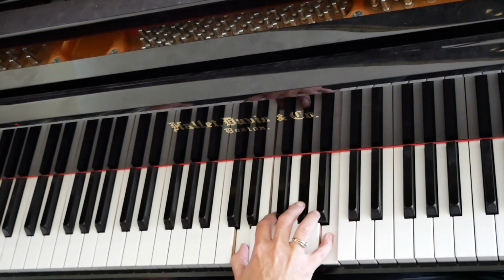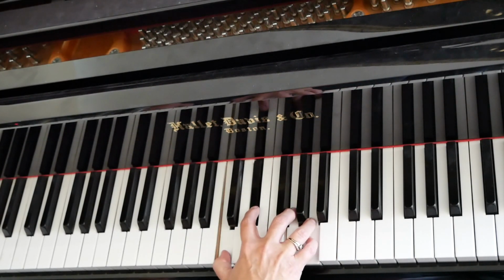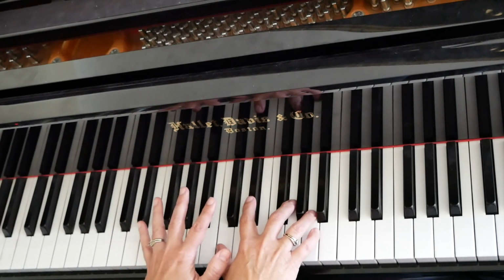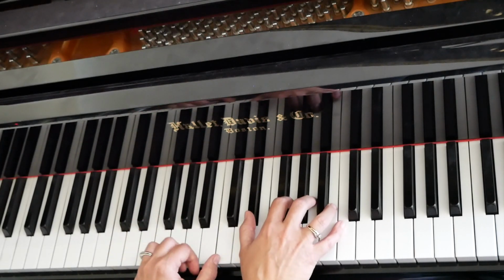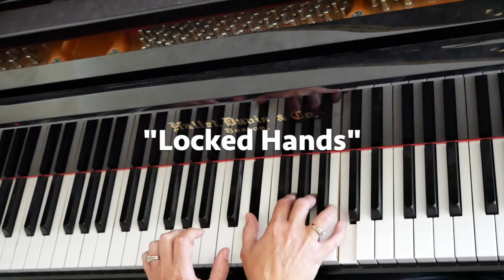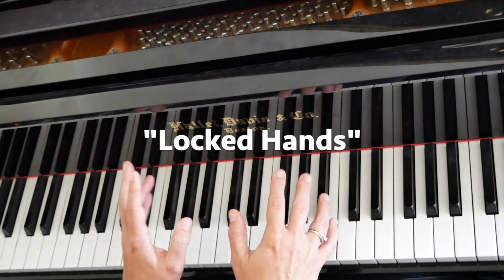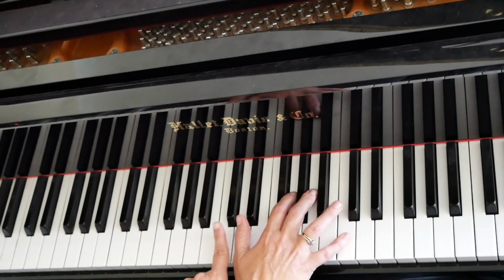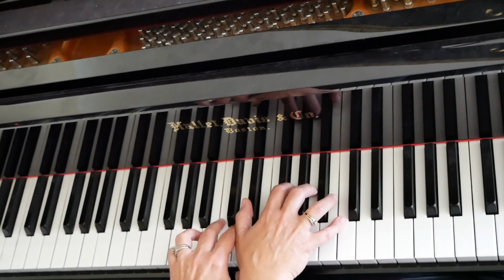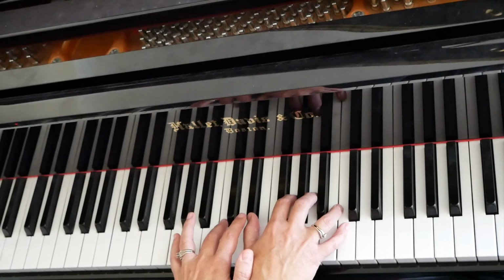And it's a good idea to move right down through them just like you moved up through them. This is so good for your knowledge of inversions as well as getting this sound and these chords in your fingers. Of course, the next thing to do is to play it like we did in the last video in locked hands style, which is a term I didn't bring up in that first video, but whenever you put harmony in between an octave like this and make it nice and tight,